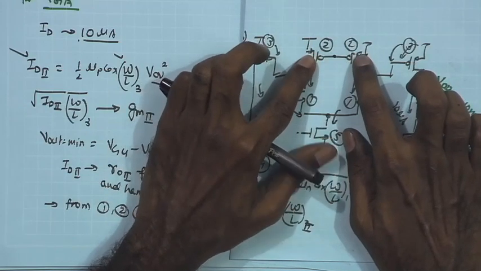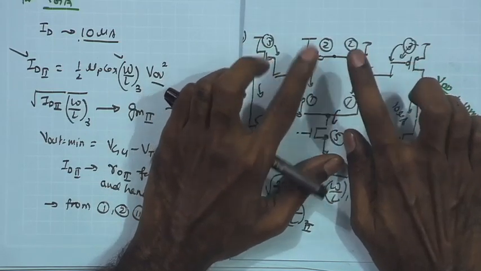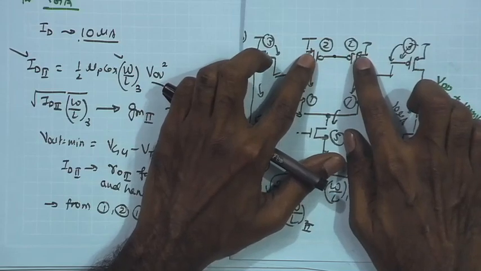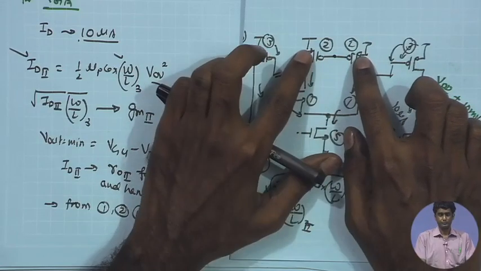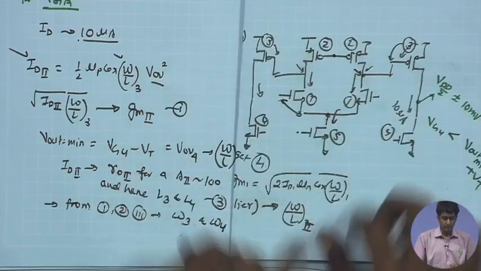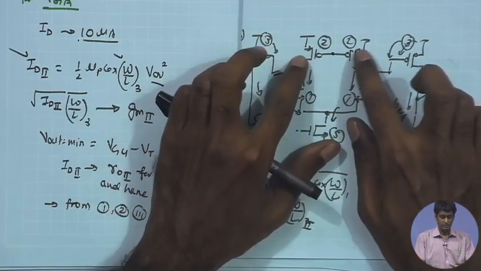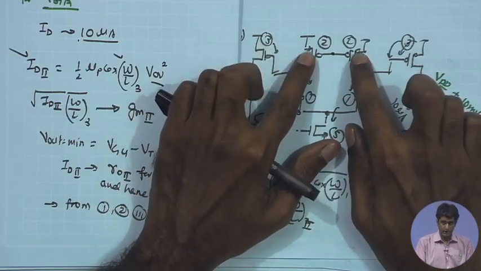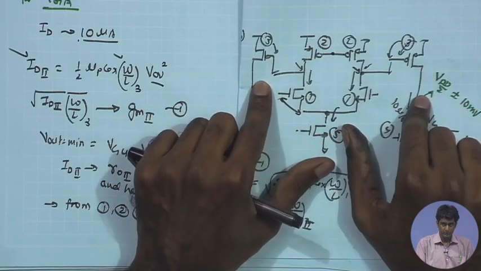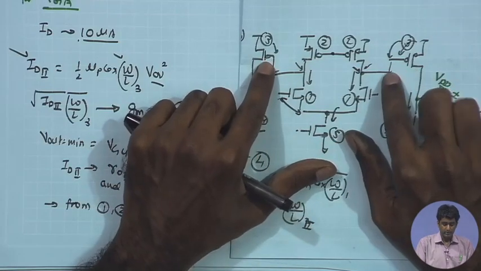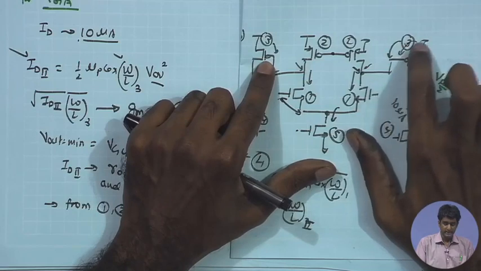Here the L2 is not an important constraint, because 1 upon F noise corner or thermal noise frequency is not going to be an important constraint. Therefore, we would like to rely on M2 to facilitate better output swing over here. Remember, first of all, we have increased this W by L so that the VSG required for this device is